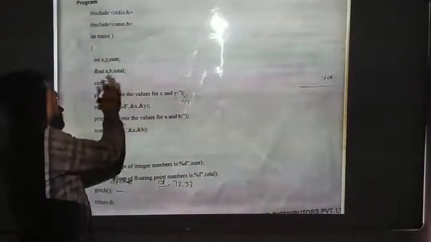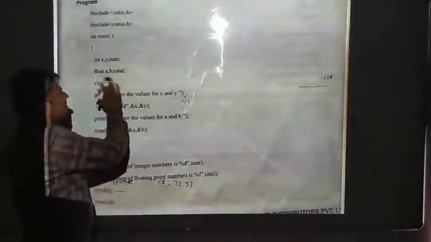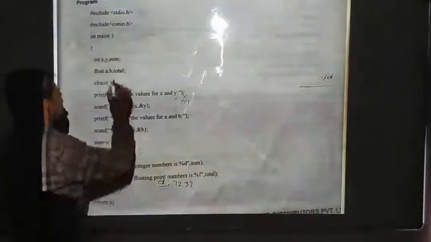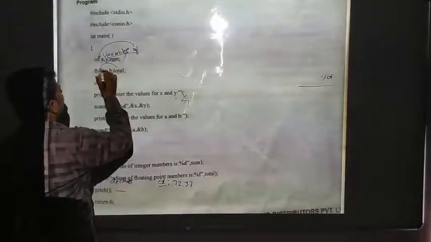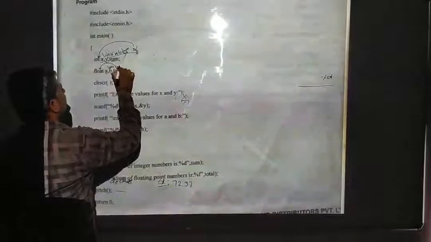After that I am declaring float type variables a, b, total. These three are integer variables, and these three are float type variables. Clrscr is a function I have added, then enter the values for x and y. Here you will see the exact usage of the scanf function.